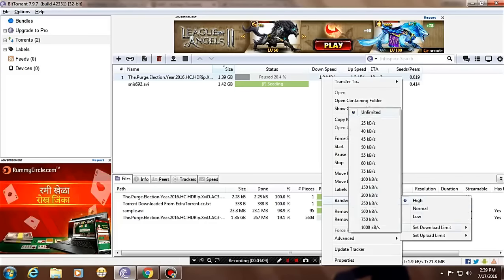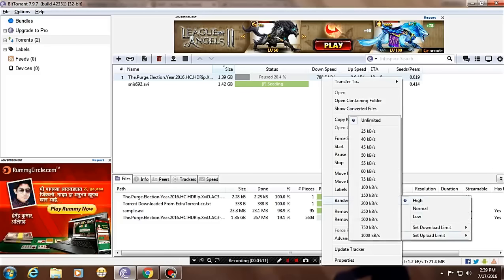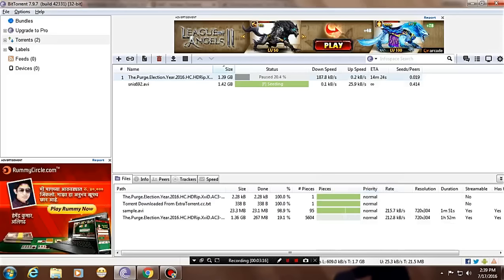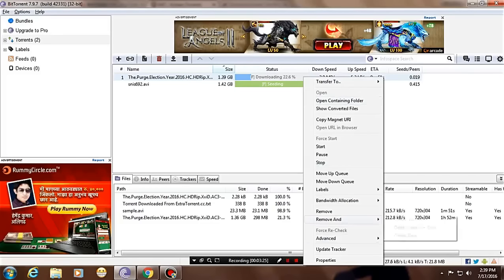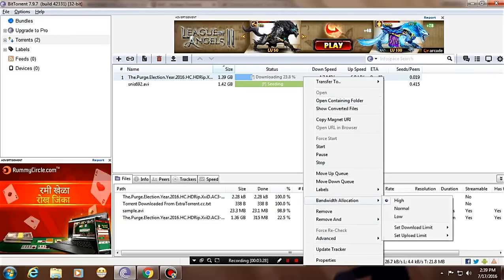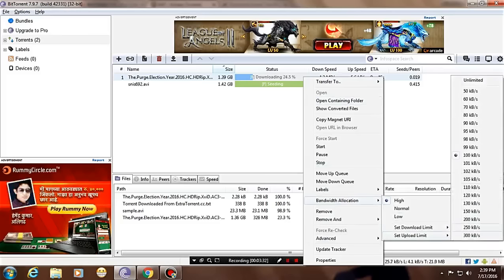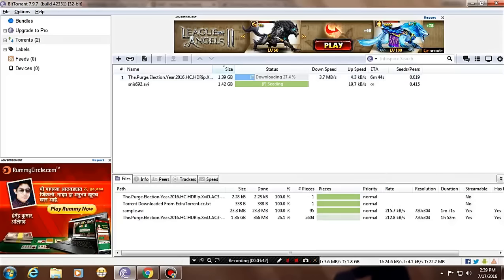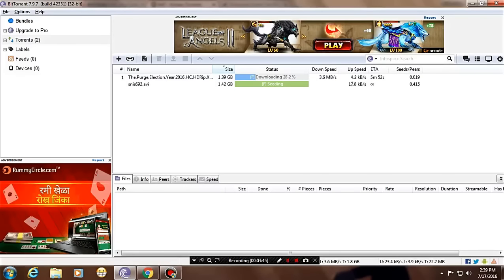Another thing you can do is set the download limit to unlimited. But for the upload limit, I suggest about 100 kbps, and let's check the speed, it is actually pretty good. Try not to set the upload limit too high, so don't set it to unlimited, just 100 kbps. If you have 1 mbps speed, that's good. You could give more speed to other persons, so you can do about 200 kbps, and that's it. So these were the basic things which I thought to share with you all.